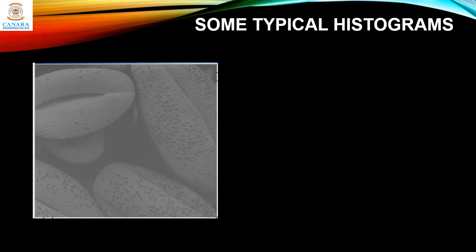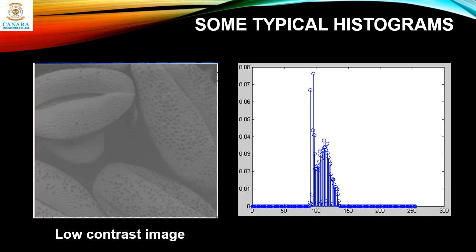Now this is a low contrast image. It's neither too bright nor too dark, and it's basically a pure low contrast image. Its histogram looks like this. It's located in the center on the x-axis, so its values are in the mid range, from around 90 to 130. All the components are concentrated in this area. There are no bright pixels or dark pixels, so this image is a low contrast image.